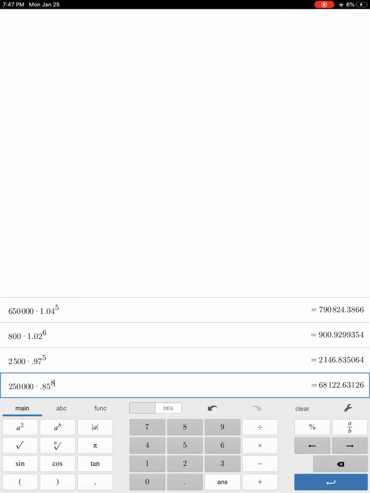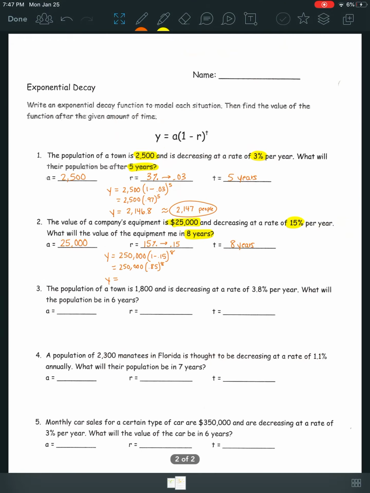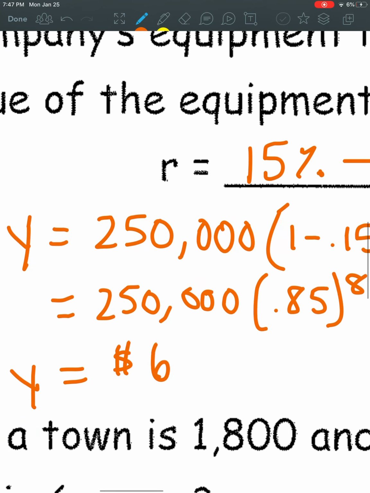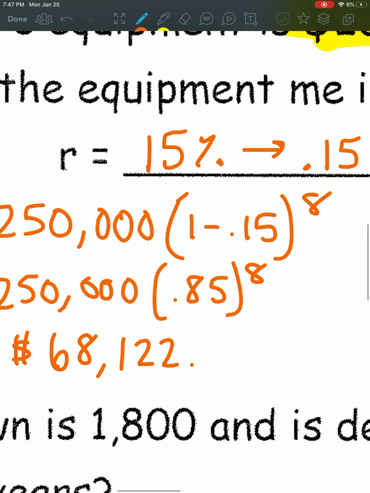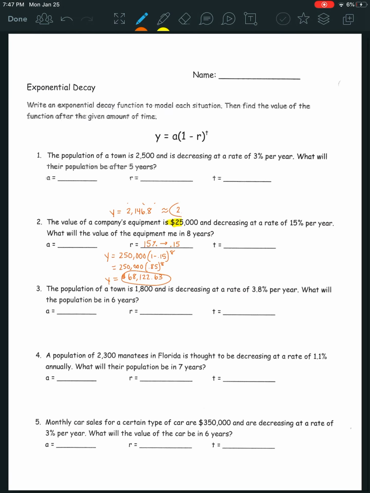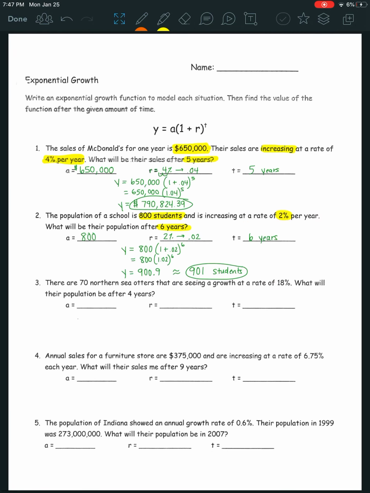Now I want to make sure it looks right, but I think I wrote it down wrong on my answer key. So our $25,000 worth of equipment, we've got 68,000. Oops. So after 8 years, this equipment that was worth $250,000 is now $68,122.63. I rounded to the nearest cent. So 2 place values. Okay? Again, I'm going to let you then